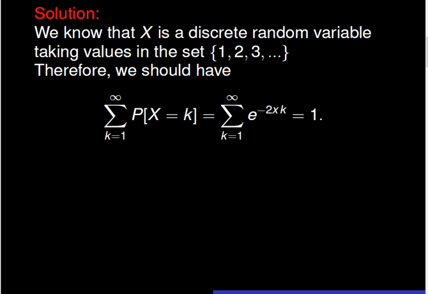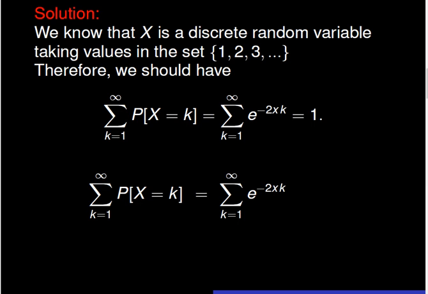We know that the sum of all probabilities should add up to 1. Consequently, the sum for k going from 1 to infinity of exponential of minus 2x to the power k should be equal to 1. The summation of the probability of x equals k, for k going from 1 to infinity, should be equal to the summation of exponential of minus 2x to the power k for k going from 1 to infinity. Therefore, we factor exponential of minus 2x out